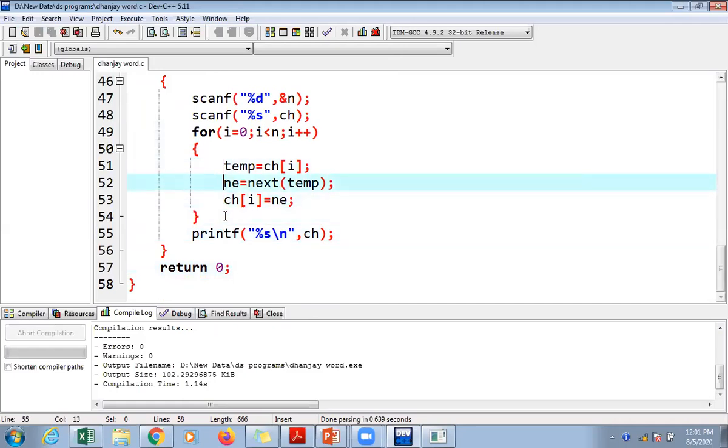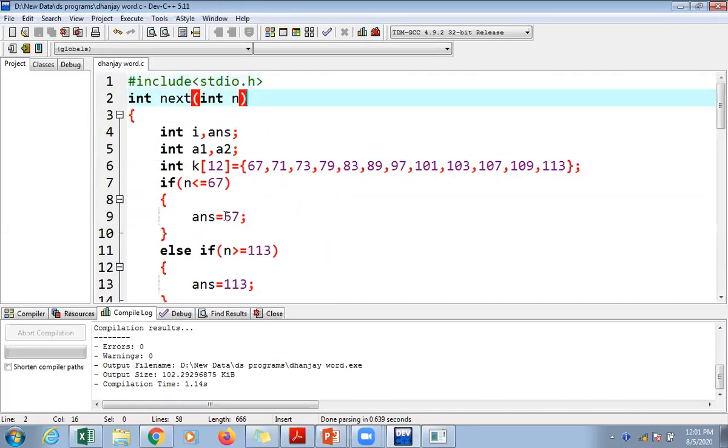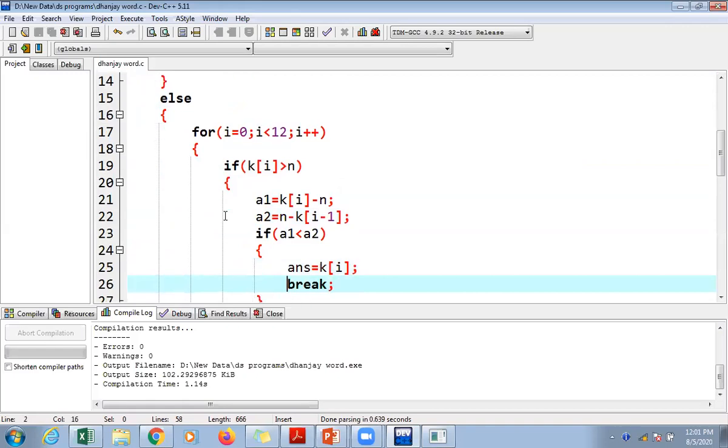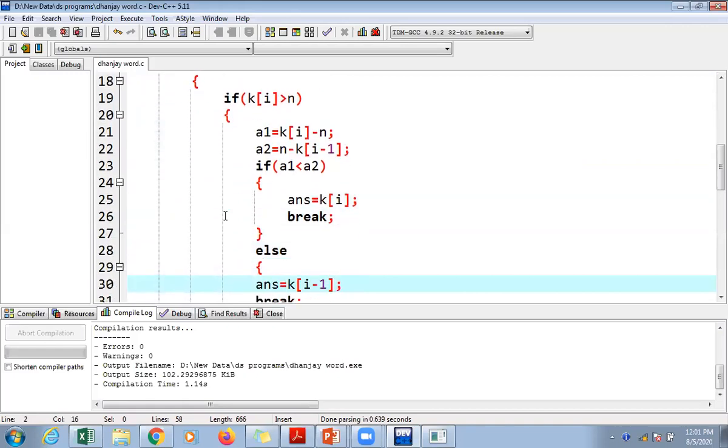The first is next temp. CH0 will be in temp, the next zero will be there, and E, here we have called. We have to return answer here.